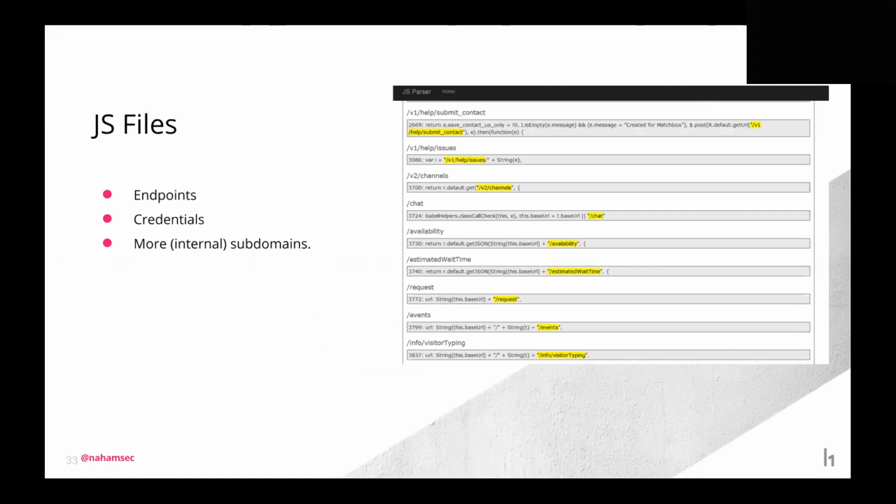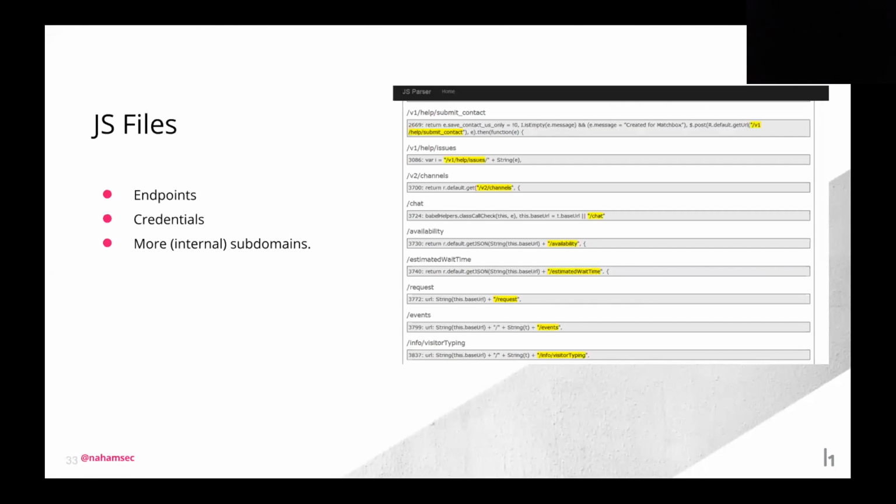Parse through it. It would give you all the endpoints that are on there. Not only are JavaScript files good for endpoints, I've actually seen people put credentials or tokens in there as well. So always look for those. I've seen Amazon Web Services keys a couple of times in the JavaScript files. Not sure why they would do that, but again, it's just looking for those and making sure you are